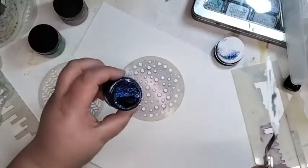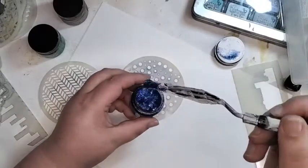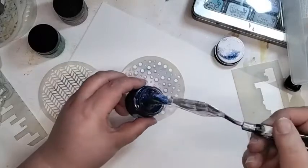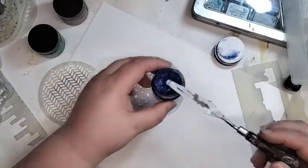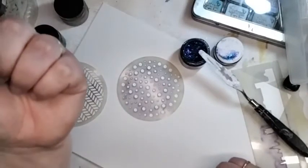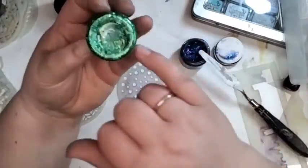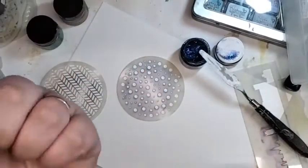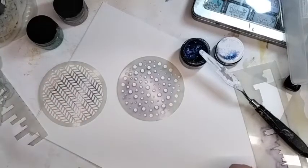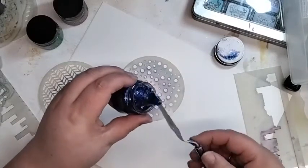Okay, your gel is a little bit different. It moves slightly differently. You can see it's quite gloopy. Now, because of that, it's able to hold the glitter suspended and larger pieces. Okay, so in your Stickles Glitter Gel, you will find you've got like little stars and things like that because it's able to suspend itself in the gel. Okay, the other thing with your glitter gel,